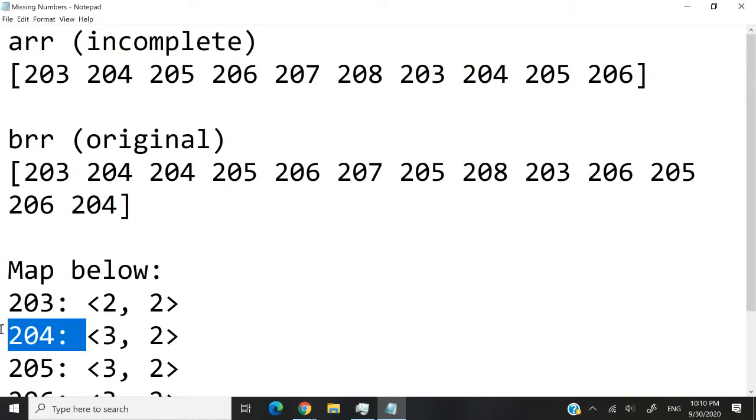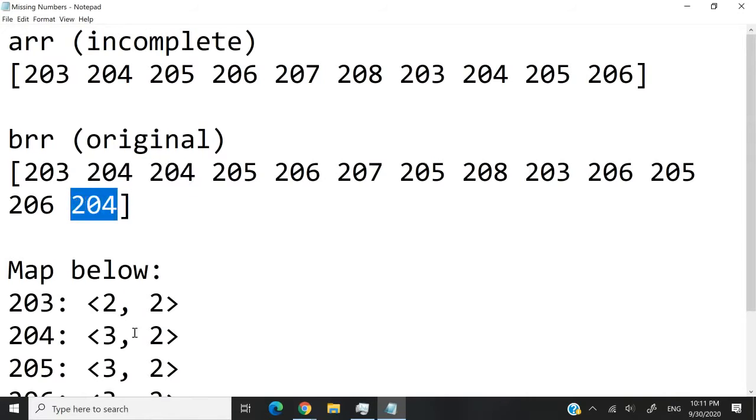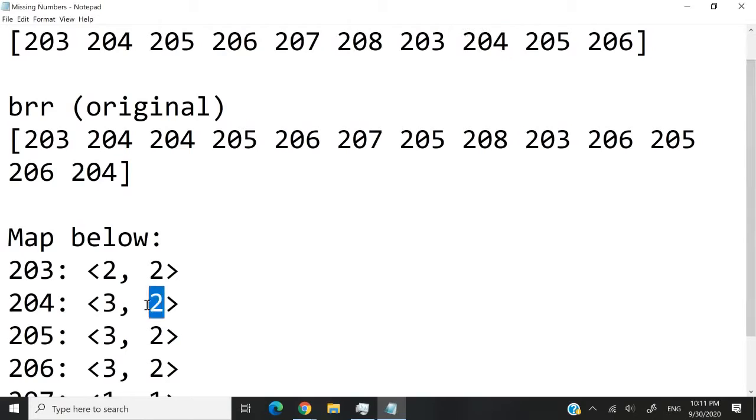Now for 204 right here, in the original array, it appears here and then here, so that's 2, and it also appears here at the end. So we have the number 3 here. In the incomplete array, 204 appears here and also here, so that's 2, and we note down 2 here. So the frequency here is not the same for the number 204.